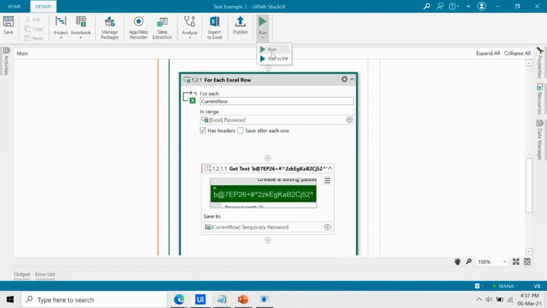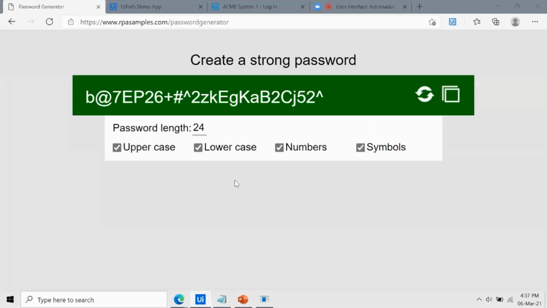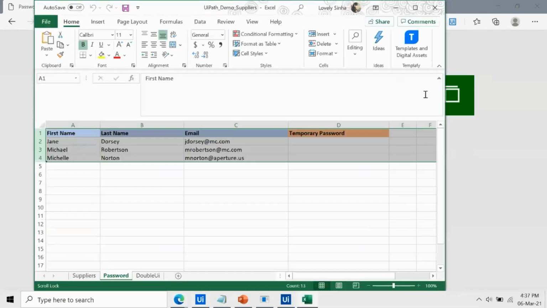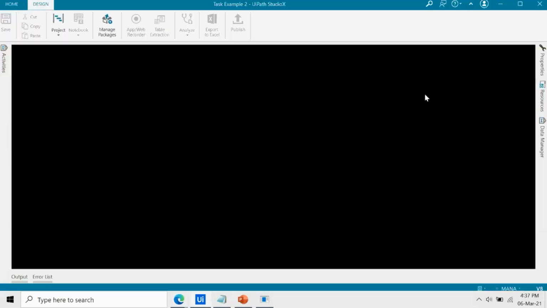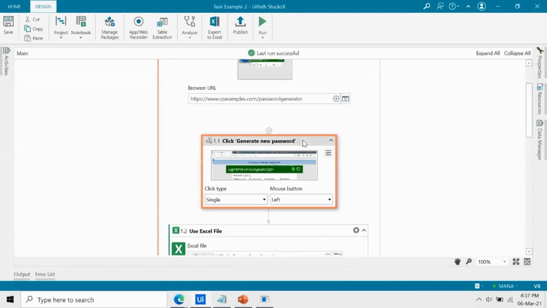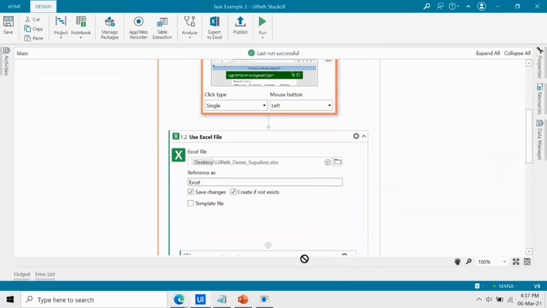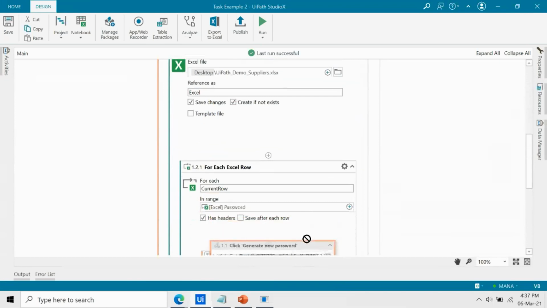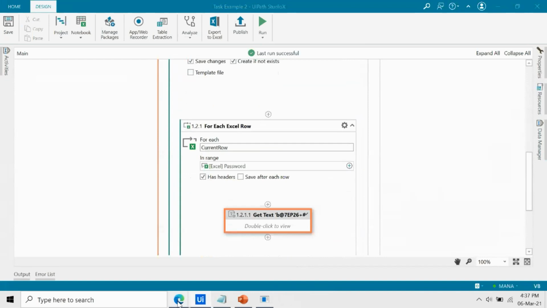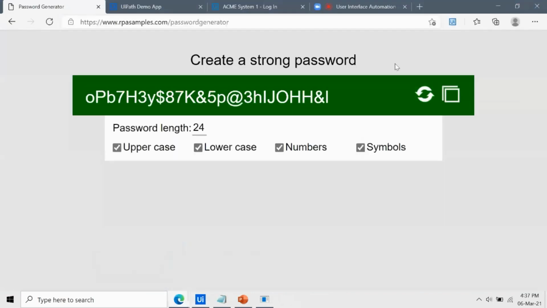and run this. Okay. So there is one more mistake which I did, that I should also place this click activity inside the use Excel file, because before fetching the exact data, we should also perform a click so that this will keep on generating a new password and then putting it in an Excel file.